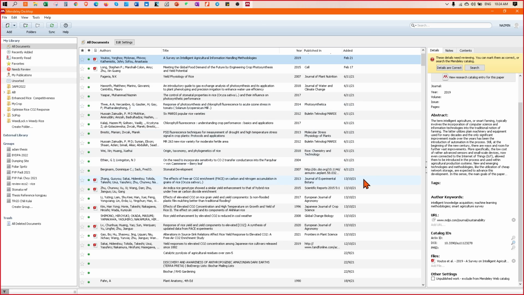Using the Mendeley. No, because I took it from a web page, so it's not a journal. If it's a web page, then that's fine. Okay, because it looks like a journal to me. If it's not, then that's fine. Okay, if you think you're right, then you're right.